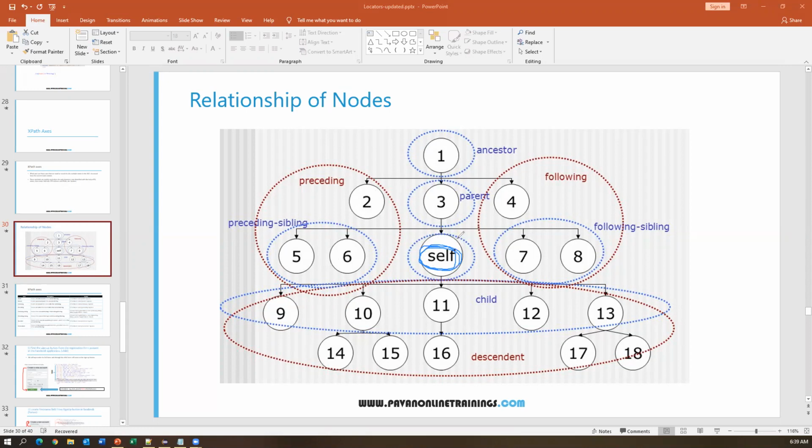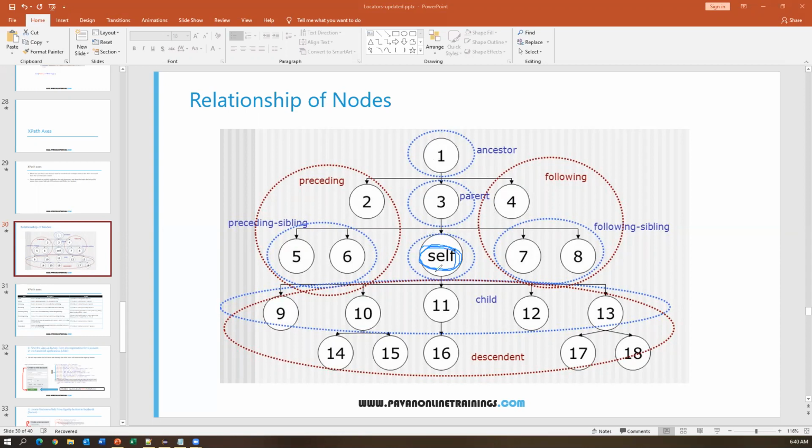So what does parent mean? Whatever the node is here, the immediate parent. So 3 is the parent of the self node. Self is nothing but a node, an element. From that element, whichever element is a little bit up is called the parent element. And on top of the parent element, we have one more element called ancestor. So ancestor in the sense of the parent's parent element is called an ancestor.